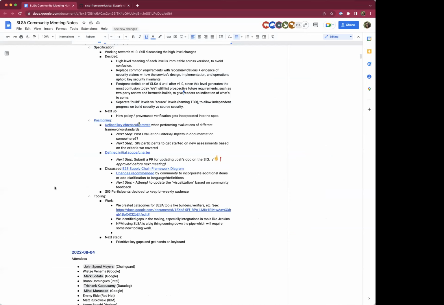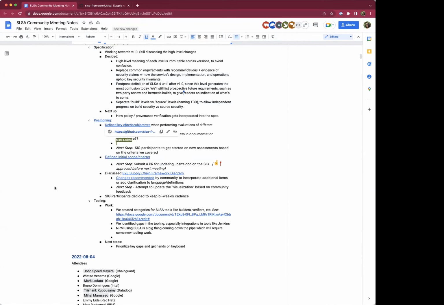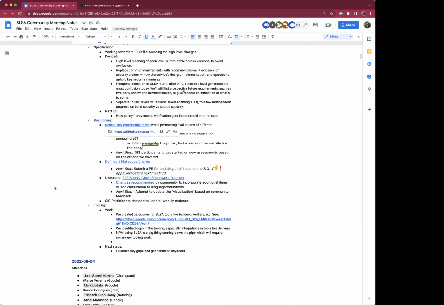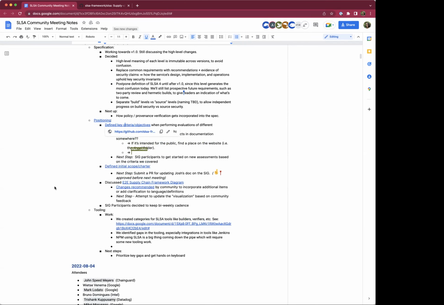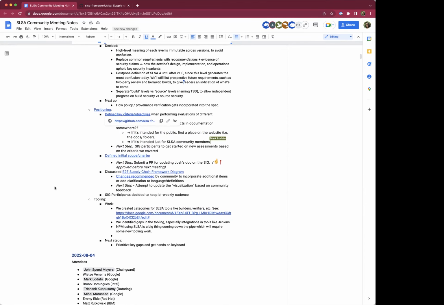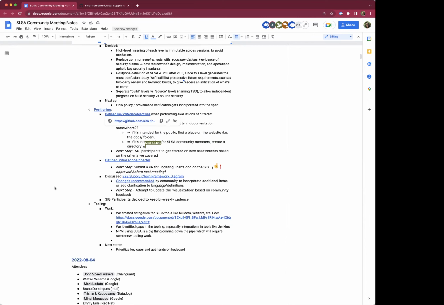We also expanded on the initial scope and charter, which is also in the GitHub issue, but we want to submit a PR for, I know Josh had a document that defined the SIGs. We want to get agreement from the broader community on what the positioning SIG is attempting to accomplish, and what its scope is. For example, I think there's a mention of the US government, but there are other frameworks from other governments, right? So where does that lie? Should we generalize it more, et cetera? And then we discussed